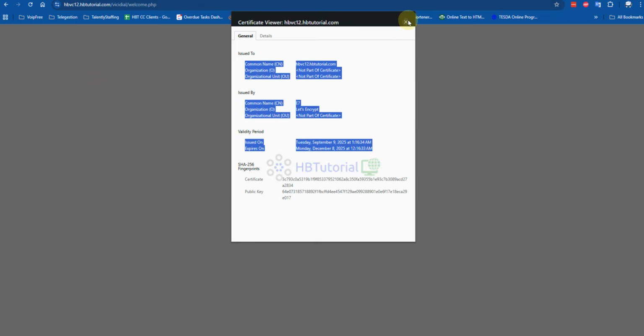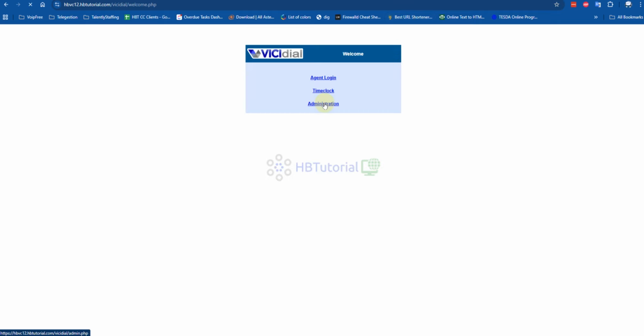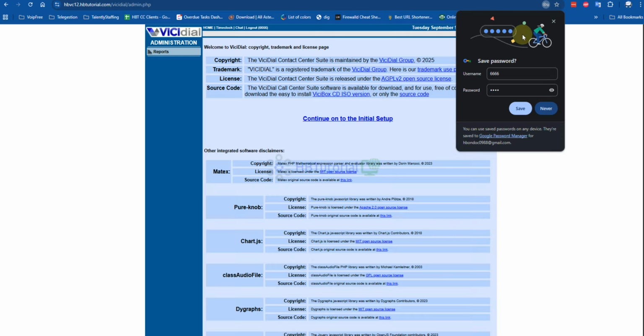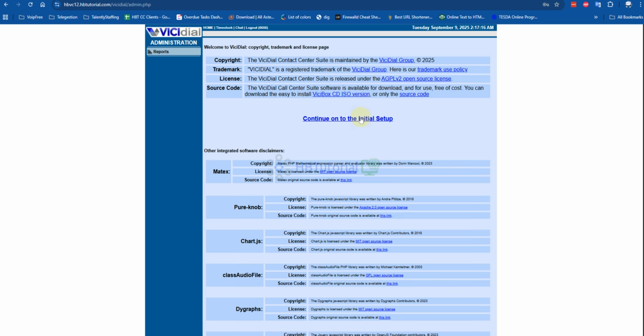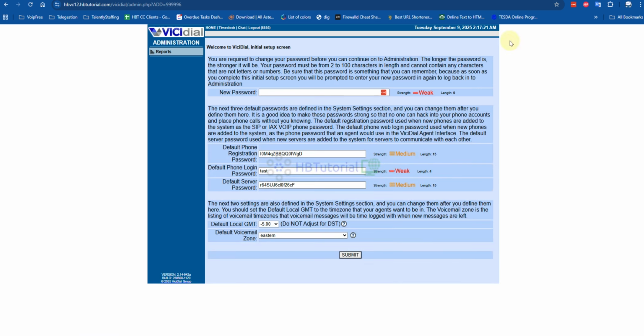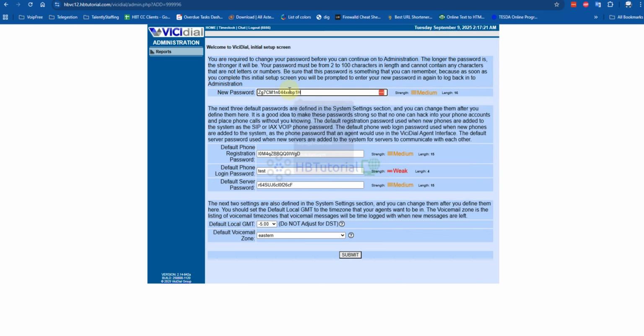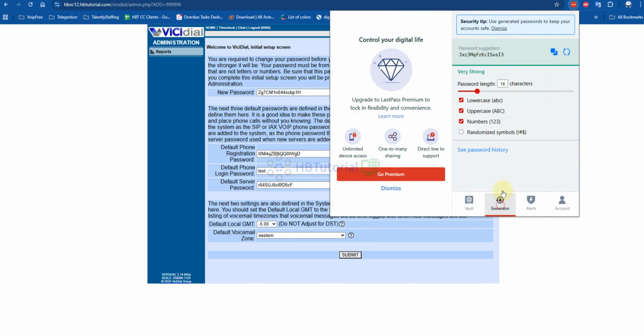So it's confirmed. And then login my user, 6666, and the default password 1234. Continue login, and then I can generate my password over here.